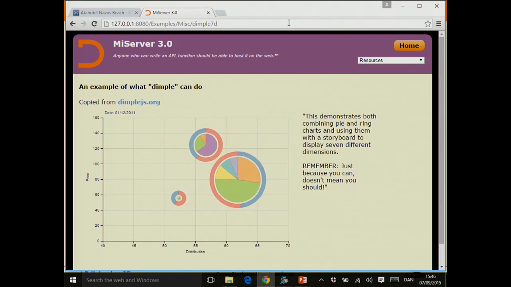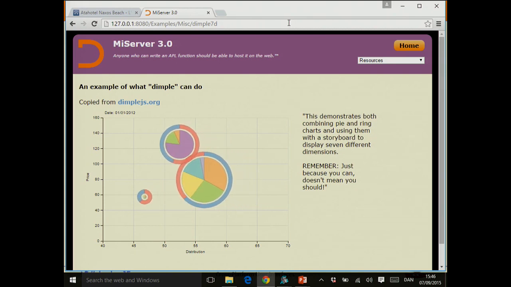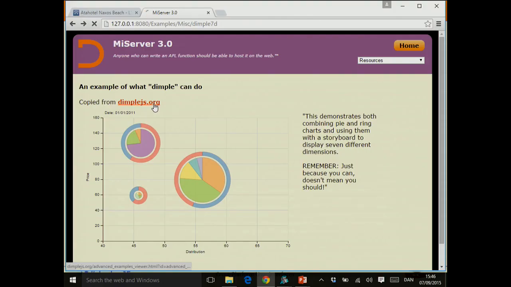So this is 7-dimensional data which is being presented to the user. I think probably not in a particularly useful form, right? You can try and hover over these, but then they move. But the point is, we went to the internet and we found